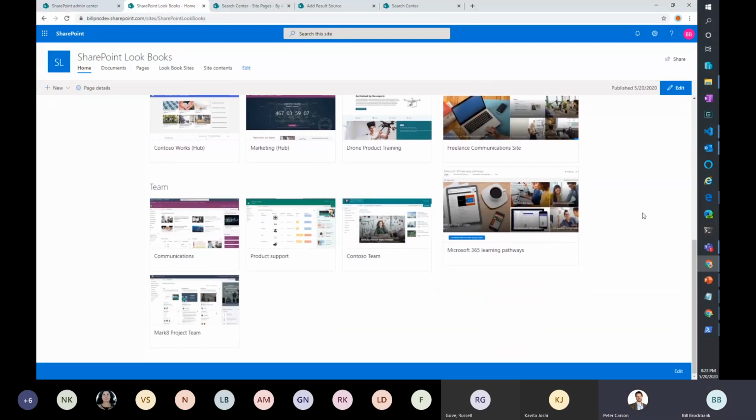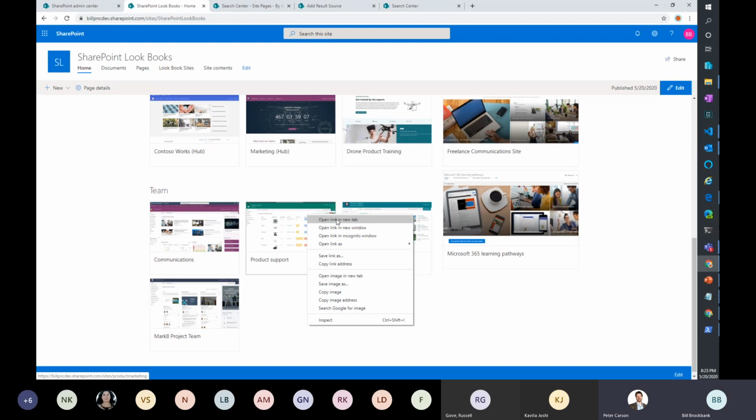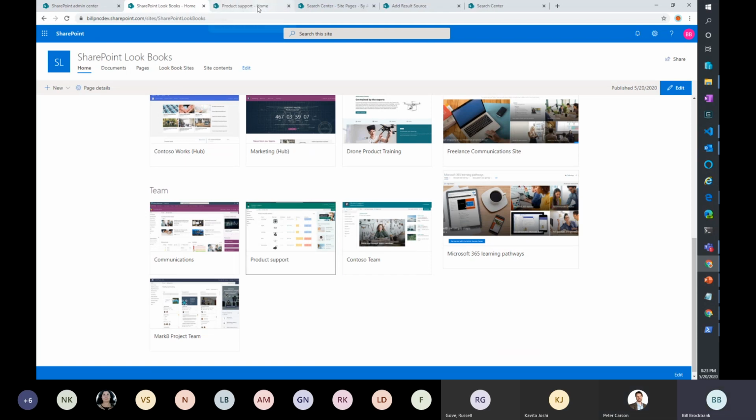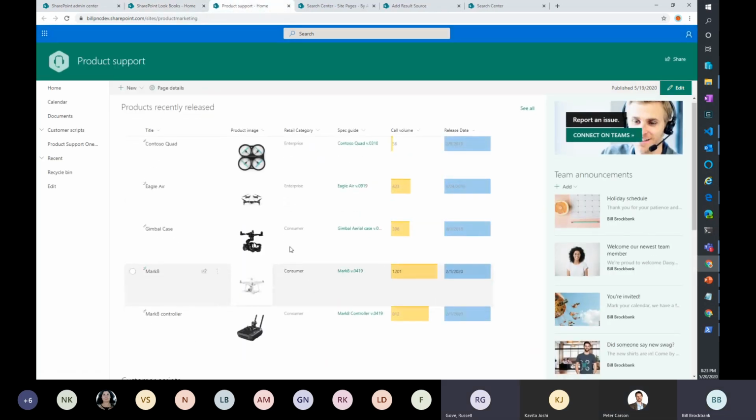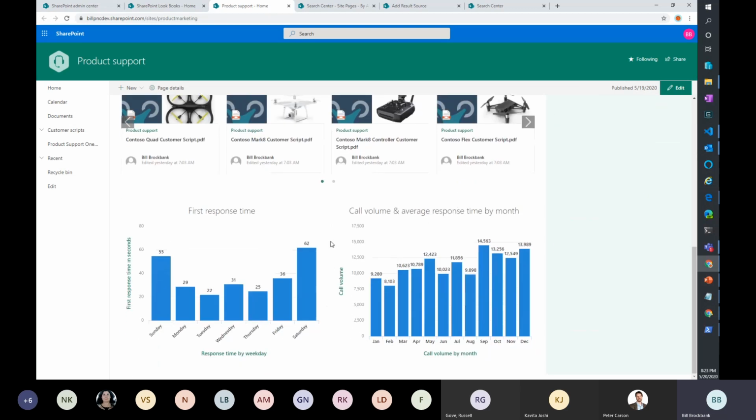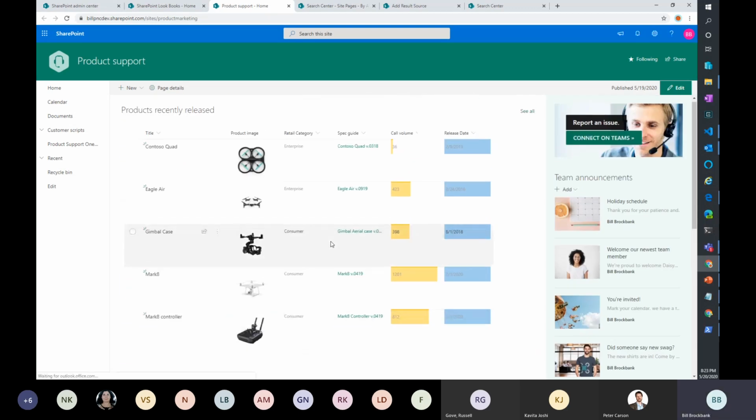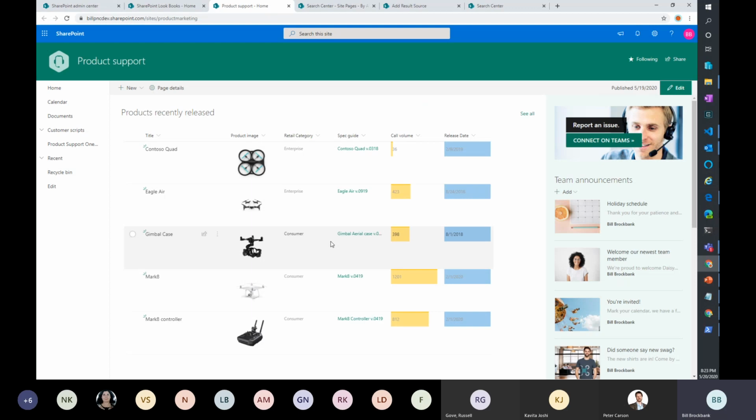I don't know how many people are familiar with the lookbooks. Even though there's not a lot in here, there's a lot of really cool examples of stuff you can do in the rendering, like how you use what's out of the box to render stuff. I gotta admit, using some of this stuff is not as simple as point and click. But it looks sweet, and to me it's a good starting point when someone says, "What can I do?" It's never easy to tell somebody what they can do.